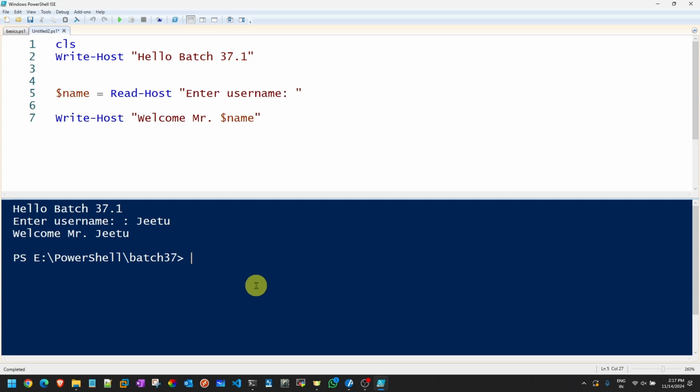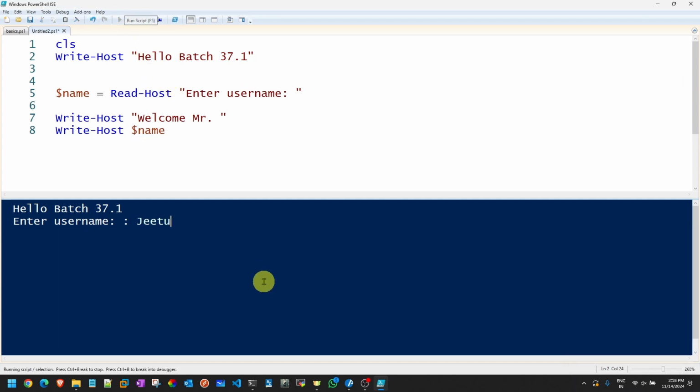Got it now? Now let's make it more interesting. This entire text is in white color. I don't want it to be printed in white color. I want the color to be changed over here. You might have seen it in my PowerShell script. That's what we have to do now. Here I am going to remove it from here. If I do something like this over here, it is asking for my name and printing like this. Do I want something like that? It should be on the same line and the color should be applied.